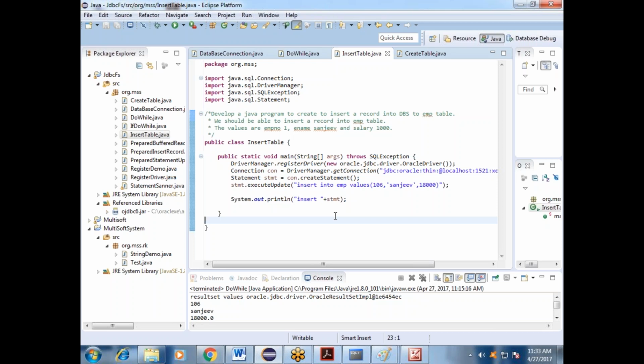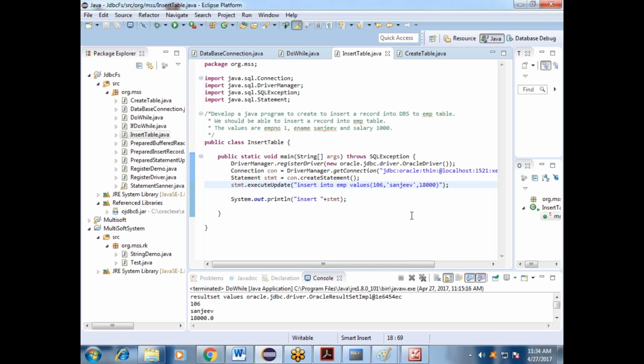The same thing happens here also. If you use the prepared statement, you have no need to compile it every time you execute. Only one time it will execute and compile, and then whatever value you send, you pass a positional parameter. Through the positional parameter, they will solve the complexity of that.